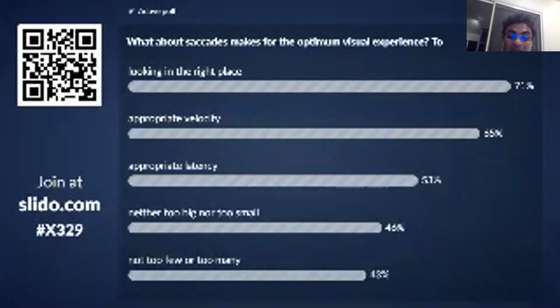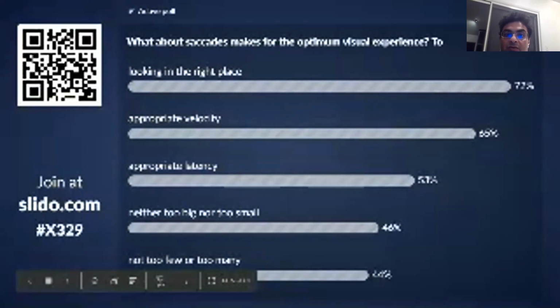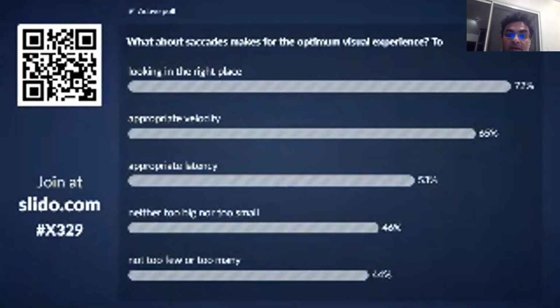If there are too many, sometimes they're intrusive: saccades happen spontaneously when they are not asked for. Let's say I'm reading this question, what about saccades, and when I'm looking at "makes," if I make another saccade and it jumps to the poll, which says on the top over here, that's a problem. I have to not make a saccade when I don't want to make one. So if there are too many uncalled for, that's also a problem. So the answer to this question is all of them are correct. You need to have all of these to have an ideal visual experience. We can go to the next slide now.